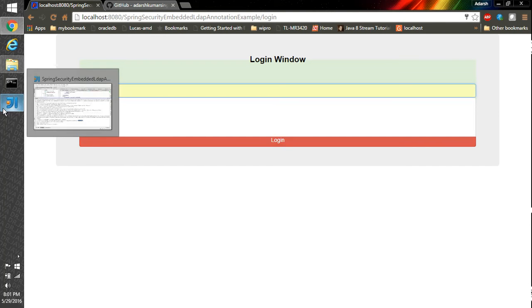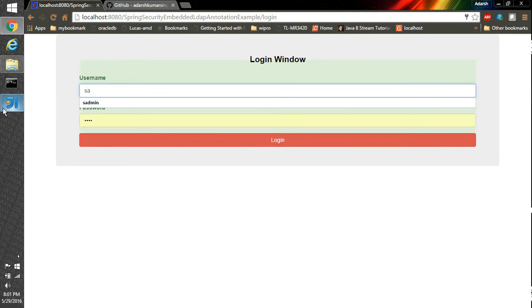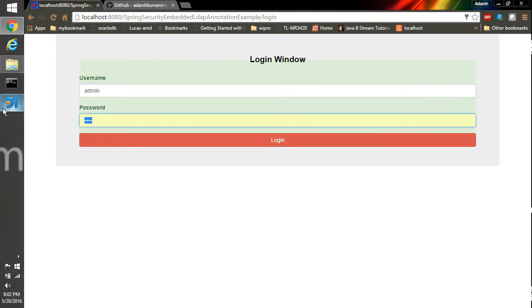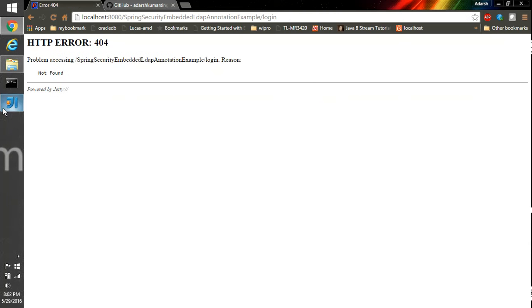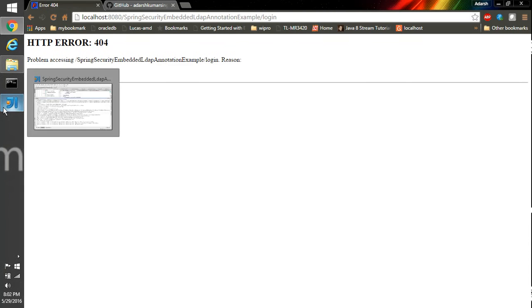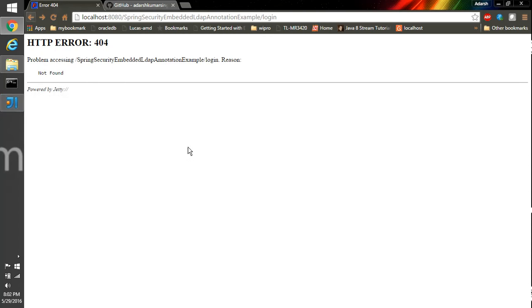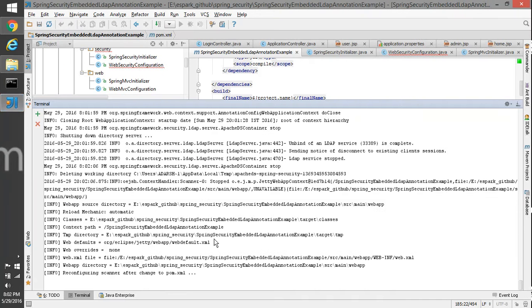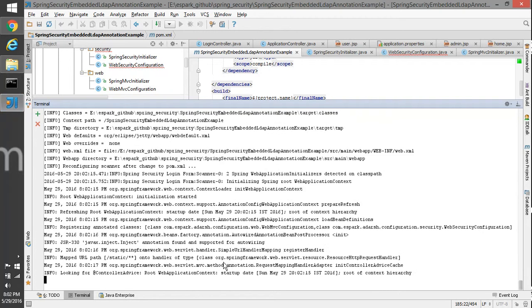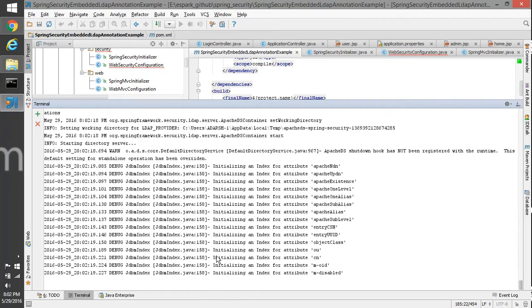So first I'll give some wrong username and password. I guess the application is still booting up.